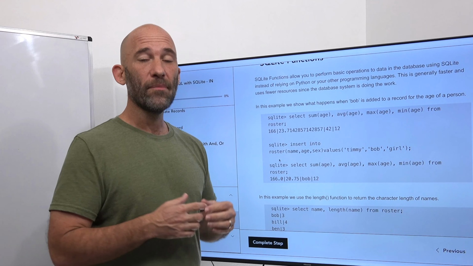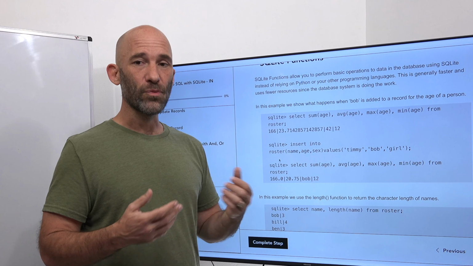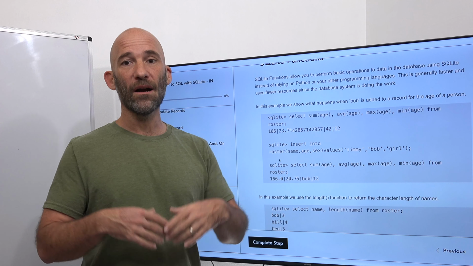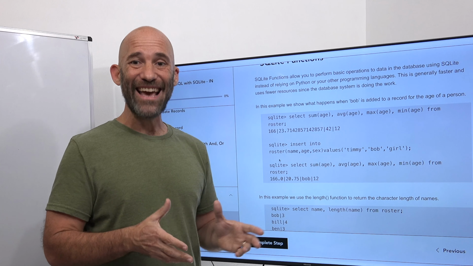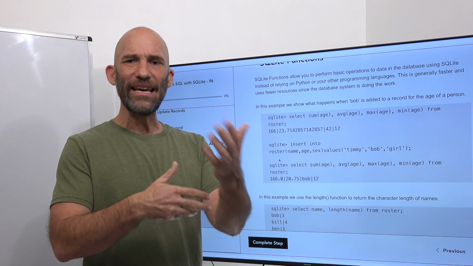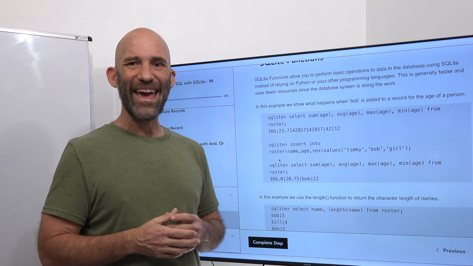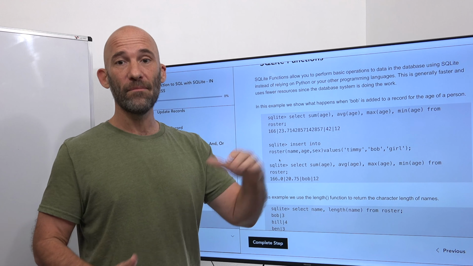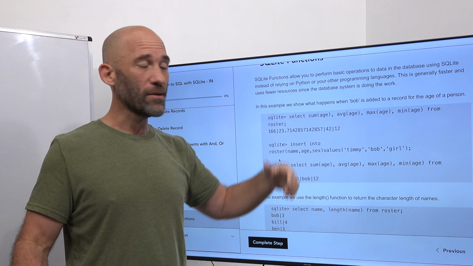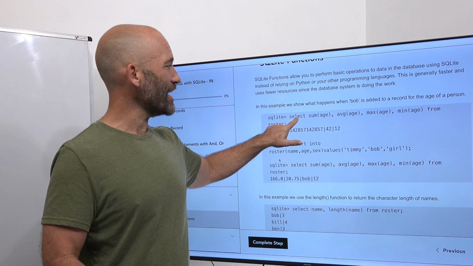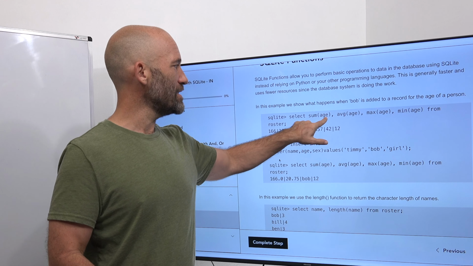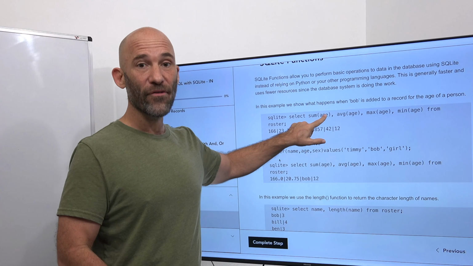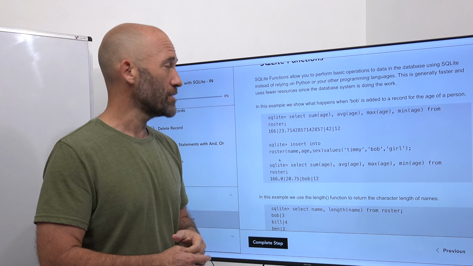So here's an example using math functions within SQLite. We have a roster table in there. One of the columns is age, and I want to get different information about that age column. If I want the sum of all the ages, 10 plus 12 plus 25 plus 26, the whole nine yards, I can do SELECT SUM(age). This will add up all the results that come back for age and give me that particular result,